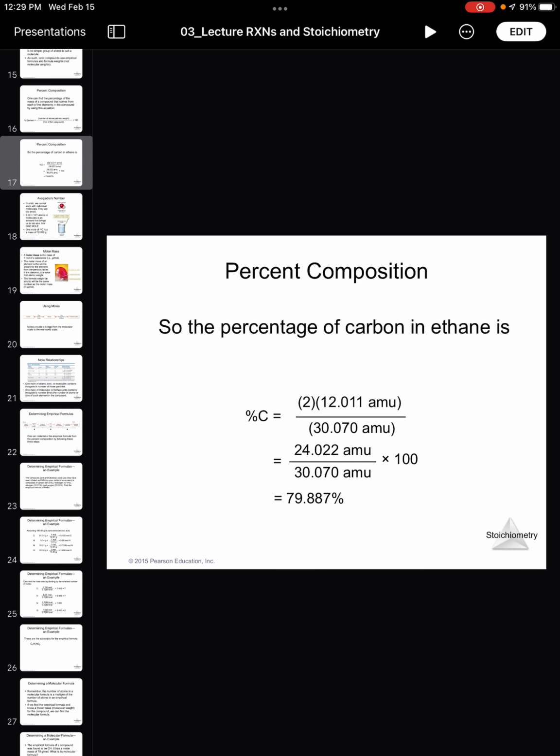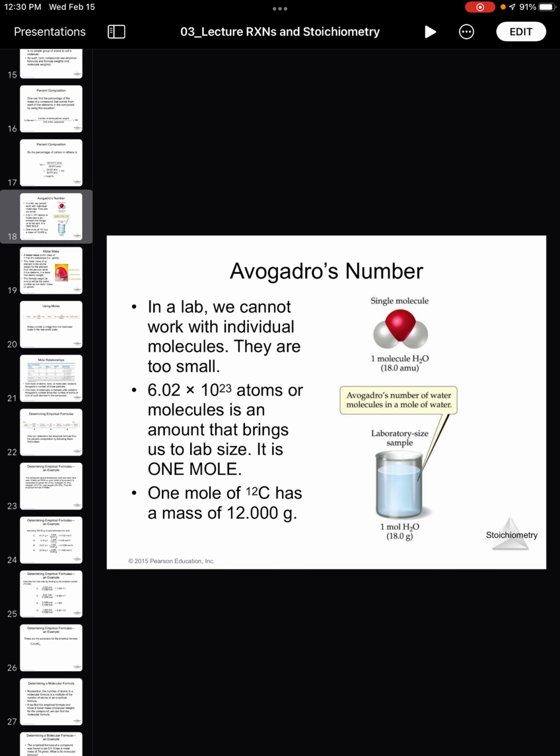We had just finished talking about formula mass and formula weights, however you want to term it. And if you know the formula and you know the formula mass, you can also calculate backwards to determine the percent composition, the relative amounts of each element in that given chemical formula. And when we were talking about mass,